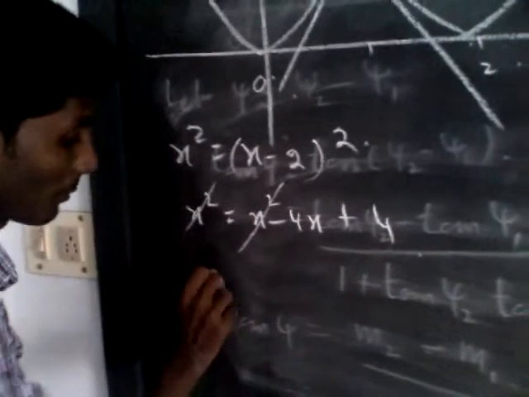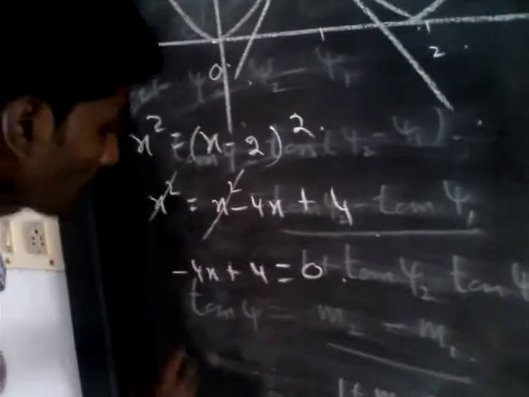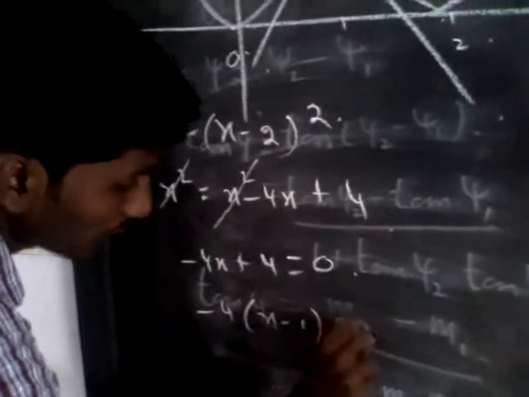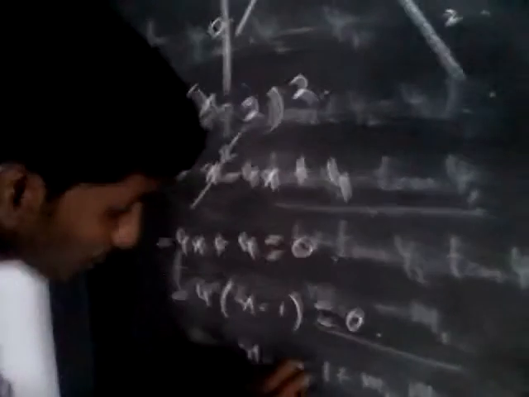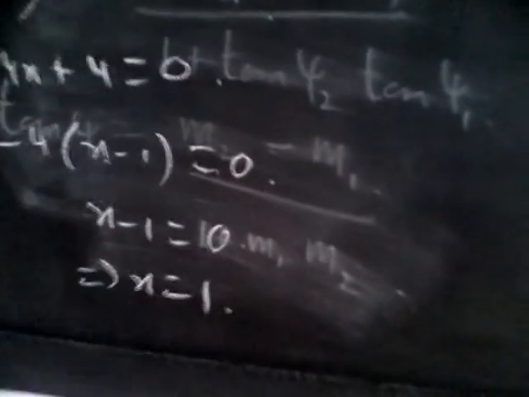So minus 4x plus 4 is equal to 0. Take out minus 4. So minus 4 into x minus 1 is equal to 0. Minus 4 is not equal to 0, so x minus 1 should be 0, which implies x is equal to 1. And subtract this x plus